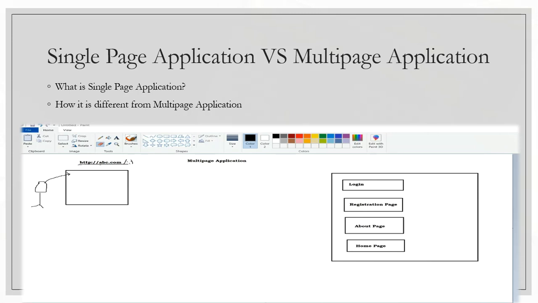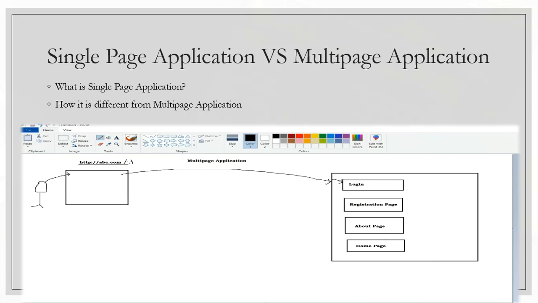The user enters abc.com, and the browser sends a request to the server where our application is deployed. The application processes this request and checks the required page.